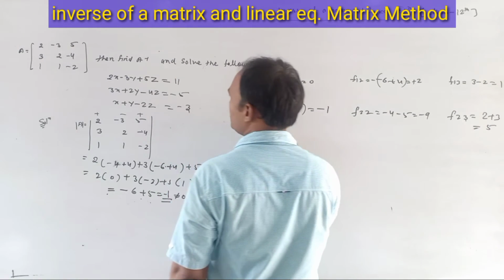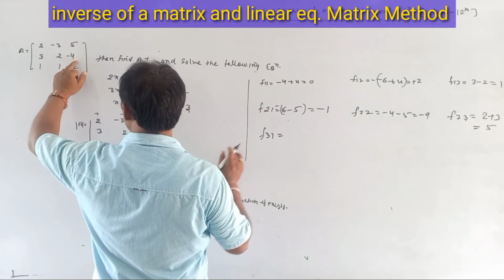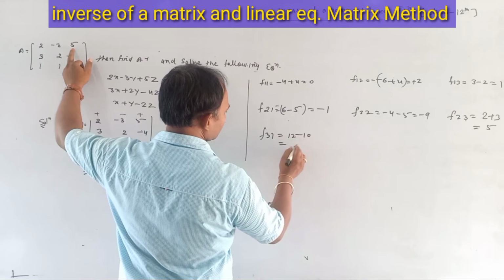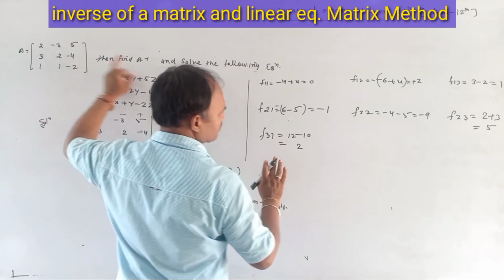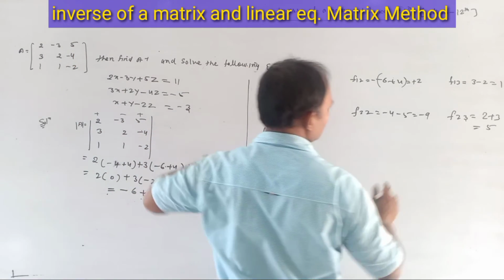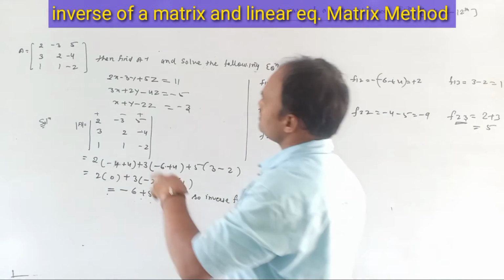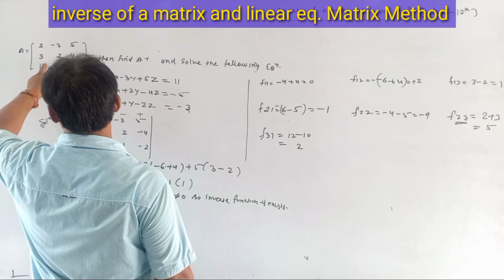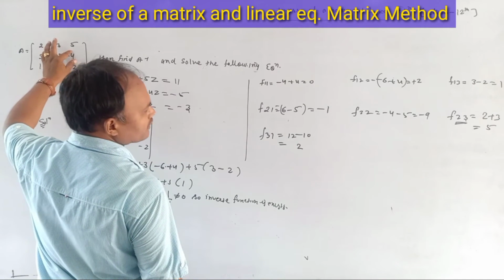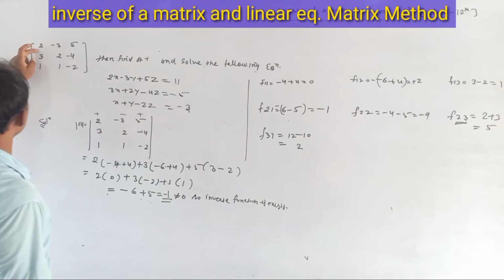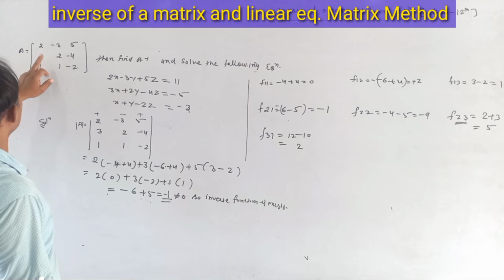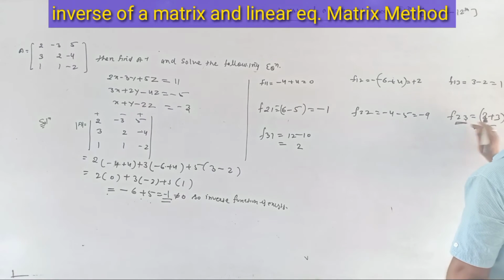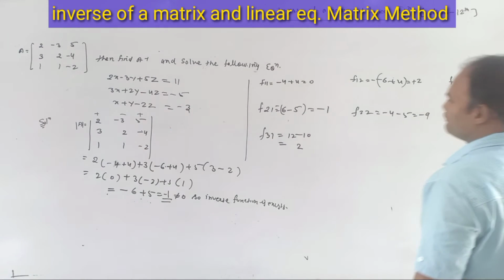Now f31 means it is 12 and it is minus 10, so it is 2. But 3 plus 1 is there, so it's not a problem. Look here again, 2 3. 2 3 means it is 4 minus 4 plus 6, and we are going to find it with this, so it is 2 plus 3. But the position of 2 3 is odd, so we have to use a negative sign also.